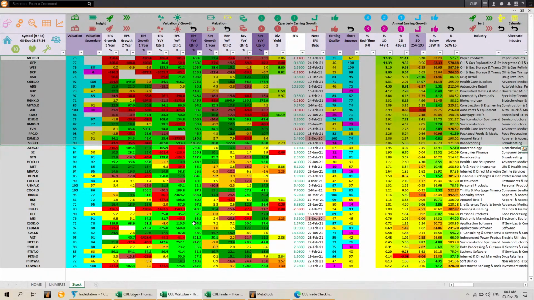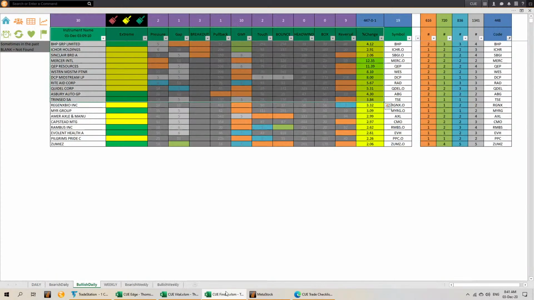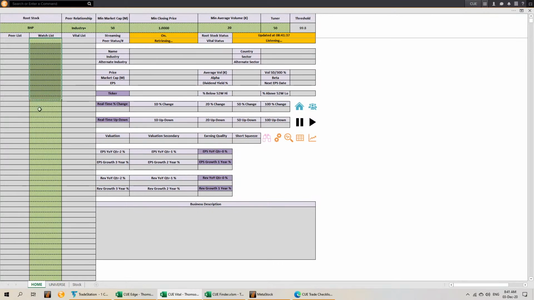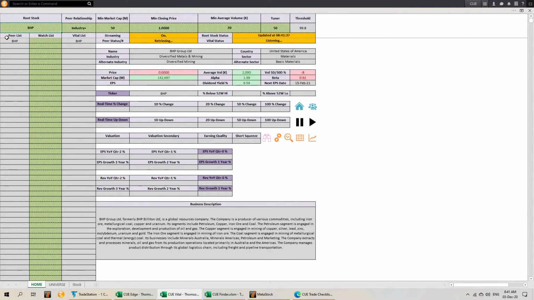Lastly, you may also look at the stock's industry. Now, when I looked at the charts, let's say I am interested in BHP. Now I want to carry out a complete peer analysis of BHP. Then I am putting my cursor anywhere on the BHP row, only one stock. And now if I click the peer analysis, it's not going to use the complete list. It's going to use BHP as the root stock,